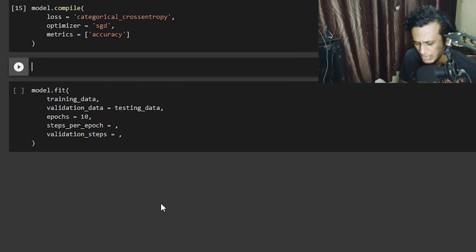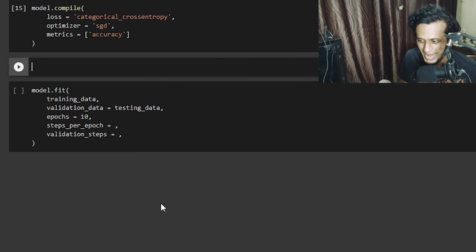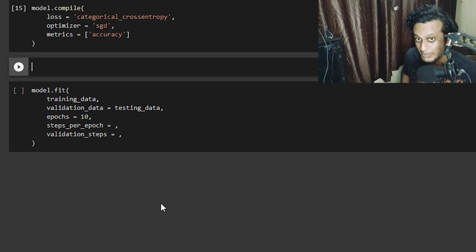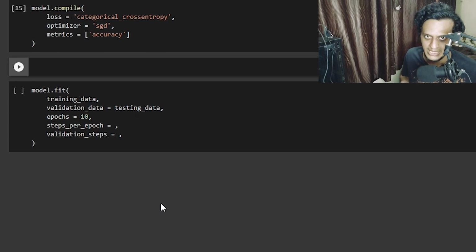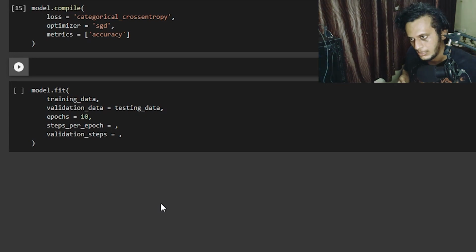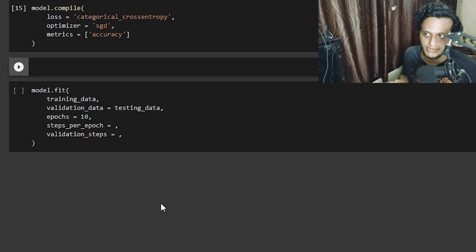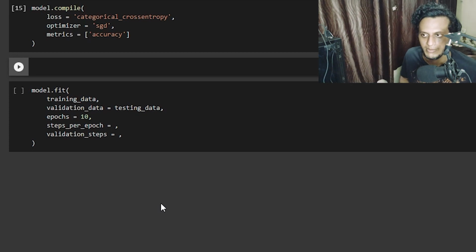First of all, I'll import math. You remember I made a variable known as batch size, which was 64, because I have my images in batches of 64, as my image data generator has split my training data and testing data into batches of 64. That makes my network very efficient, and it even helps the loss optimizer.